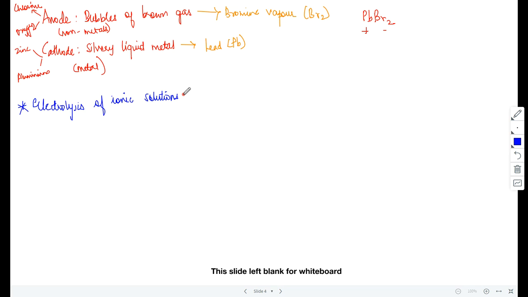Done? So we saw electrolysis of molten substances, where we are taking a solid, melting it, and then conducting an experiment. Now electrolysis of ionic solutions. Here we have ionic solutions, that means they are already in their aqueous form. So electrolyzing aqueous solutions. Now they are more complicated. I have to mention that